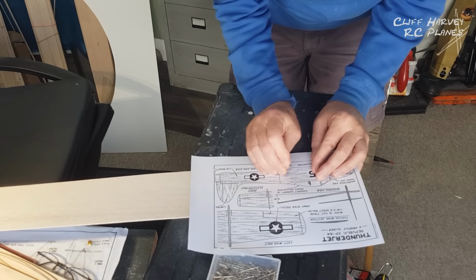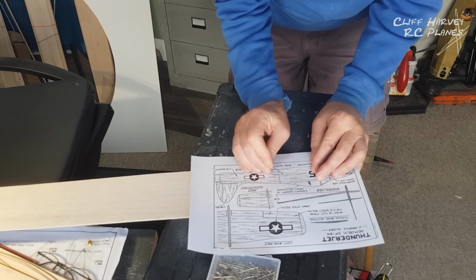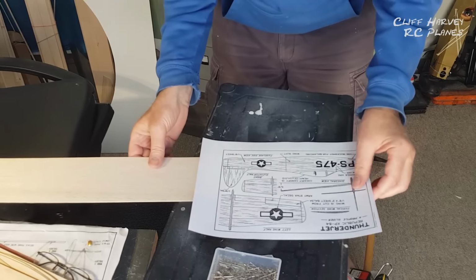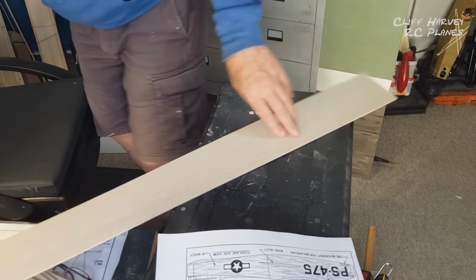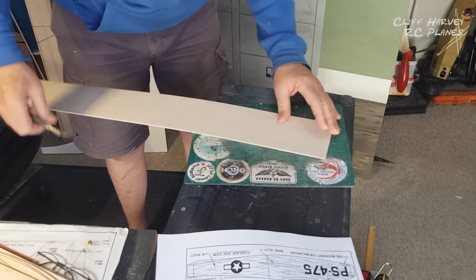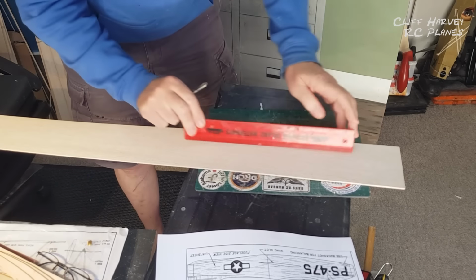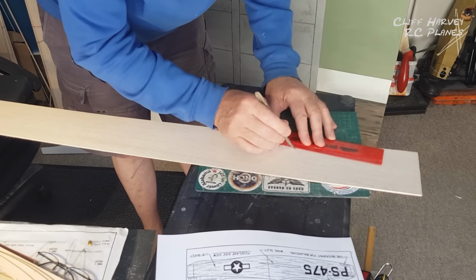And in fact, this is a slot for an 1/8" wing. Mine's slightly smaller, so I'll have to cut it slightly smaller than what they've got there. Okay, that's it. Cutting board and knife. Or I could probably cut it on there. I'll use the rule for the straight bits, like there, because it's